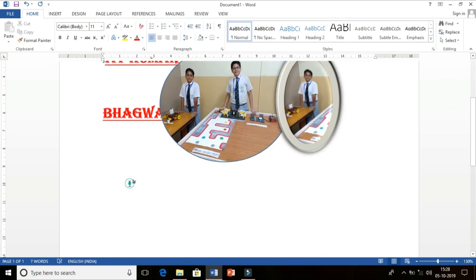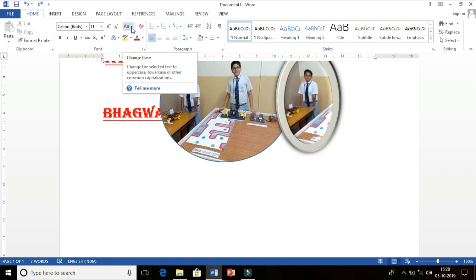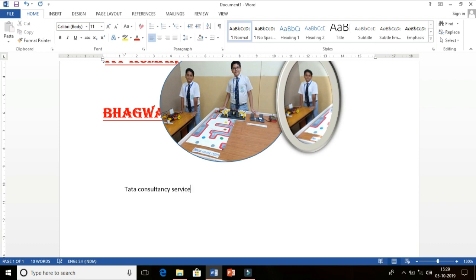Now the next option is called change case. Change case will convert letters written in lower case to upper, upper to lower, or other formats also. Suppose I have written an organization name, Tata Consultancy Services.